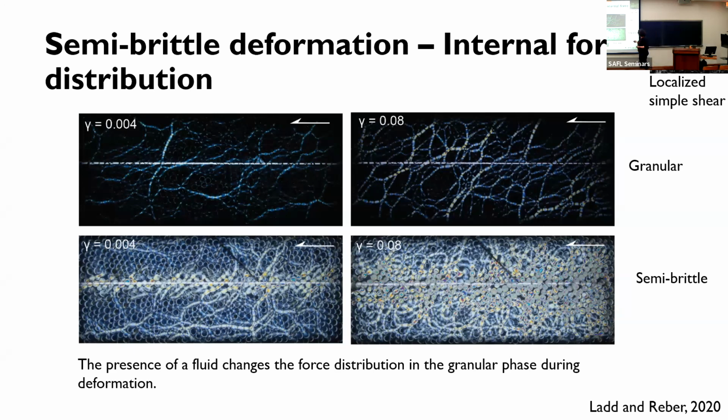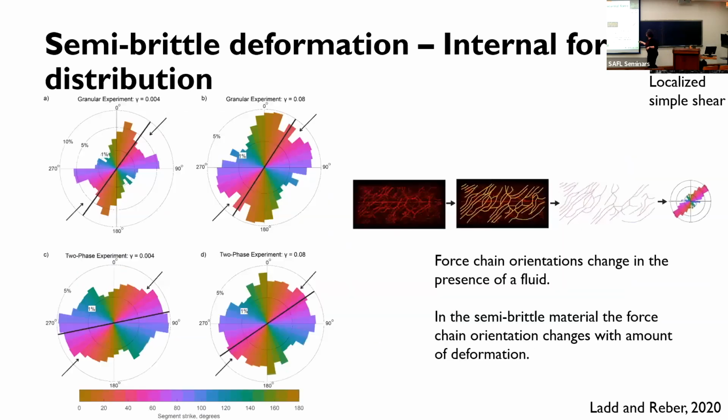I mean, clearly, all the beads experience a lot more stress. They're way brighter. The patterns are totally crazy. But to really quantify that, we decided to look at the orientation of individual force chains. And that's what we've done here. So we took our experiments, we traced the orientation of all these little bright lines, and we plotted them